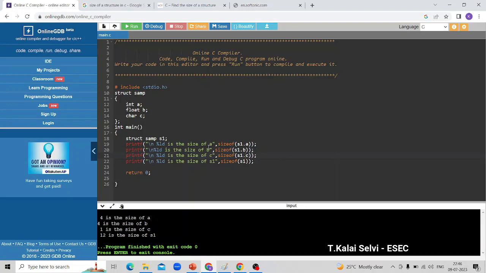Normally the size of the integer data type is 2 bytes. Depending upon the compilers, it may have 4 as the size of the integer data type. Float is 4 bytes and character size is 1 byte. And look here, when we are adding these values, 4 plus 4 is 8, 8 plus 1 is 9. So this may be the total size of the structure, but we are getting the total size of the structure as 12. So the reason is